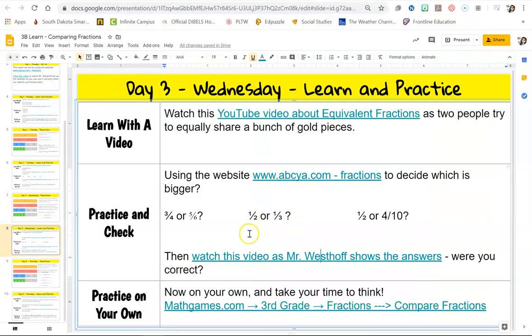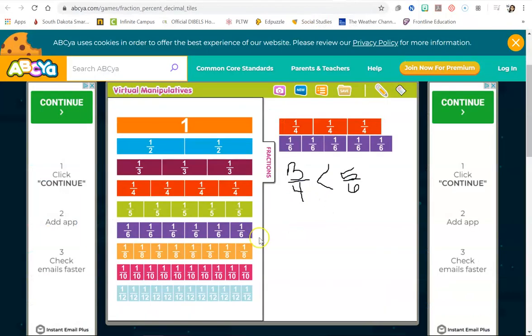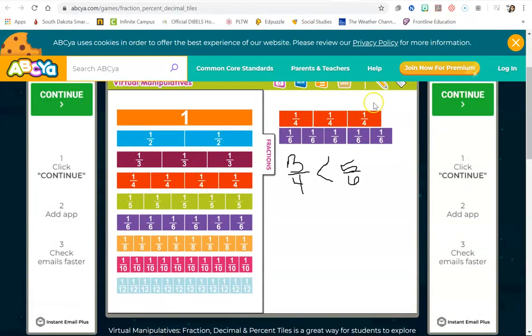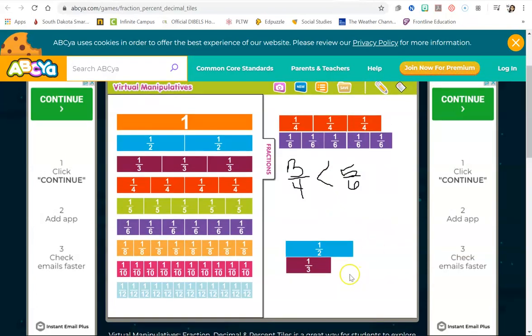Right, the next one I'm going to look at is 1/2 or 1/3. So I'm going to grab my 1/2 fraction piece and my 1/3 fraction piece. Line them up here over on the side. Right, and what do we notice? My 1/2 goes here. My 1/3 goes and stops here. So I would say that 1/2 is greater than